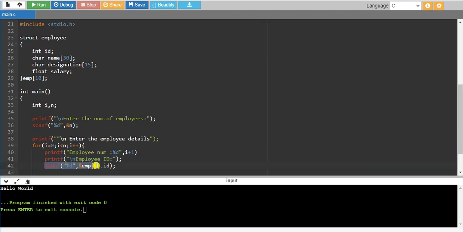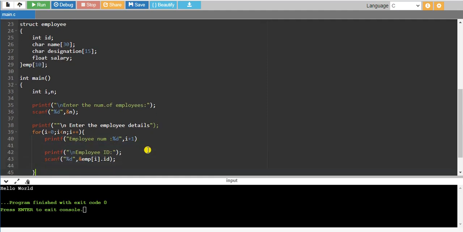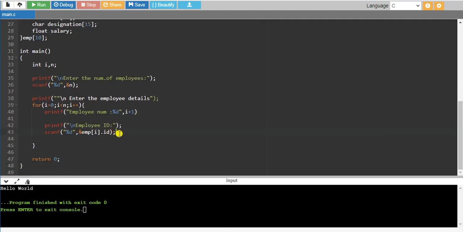So I'll make use of these two statements to enter all the details. After this printf and scanf statement, the same is done for employee name.